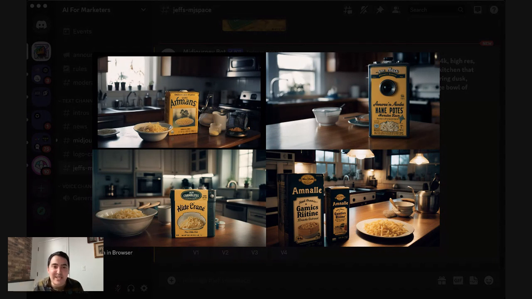Let's take a look at this image that it generated for us. So first off, right off the bat, what I can tell you might be wrong here is the mood, the lighting is a little dark. It's a little natural, but that's kind of what we asked for. And the product is way too large. Like, it really took to heart that box of Annie's mac and cheese, and it's making it front and center. But like we said, it's never going to look right. But even so, if we photoshopped in the Annie's box in here, it still might be a little too big.